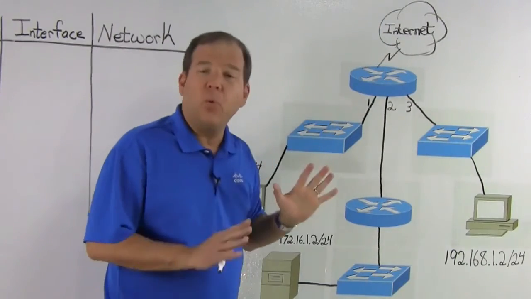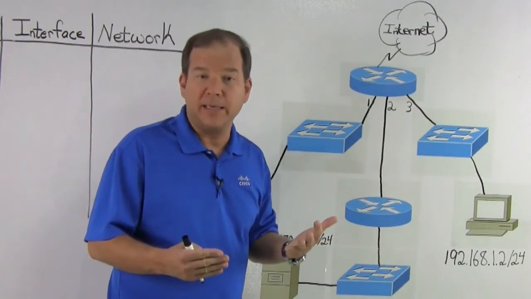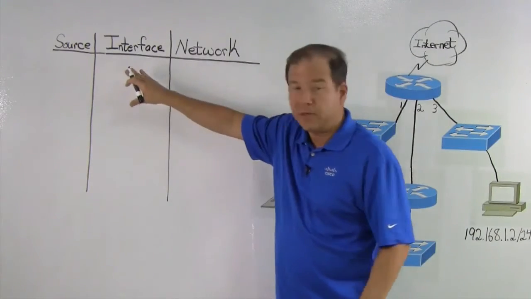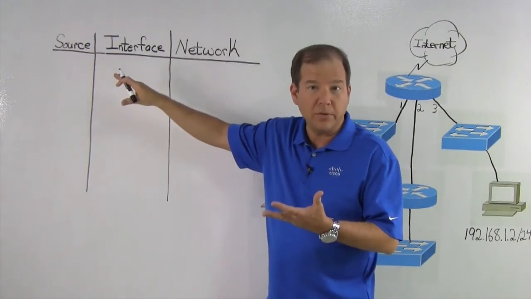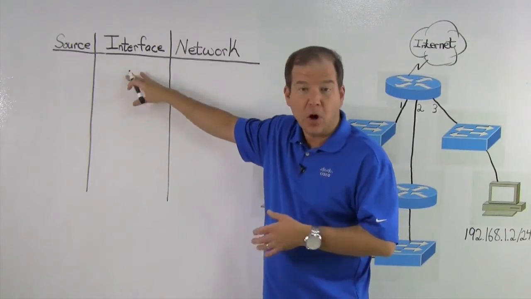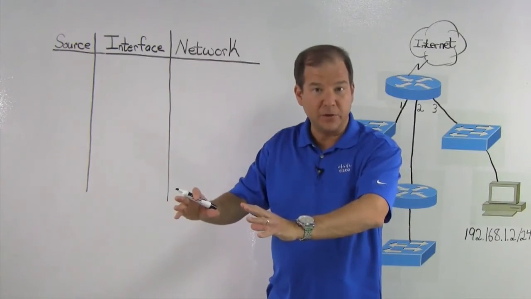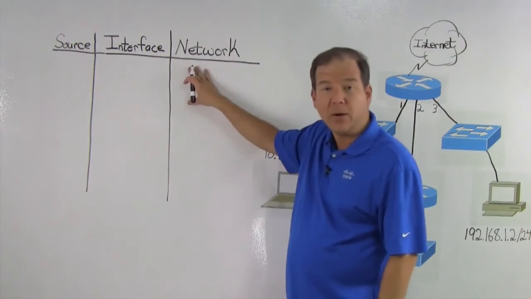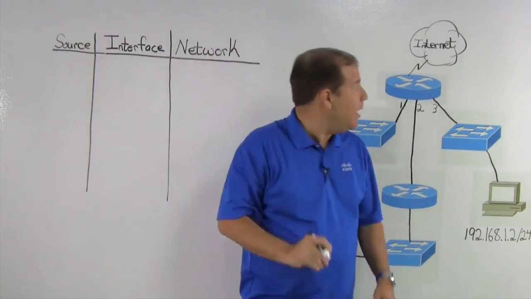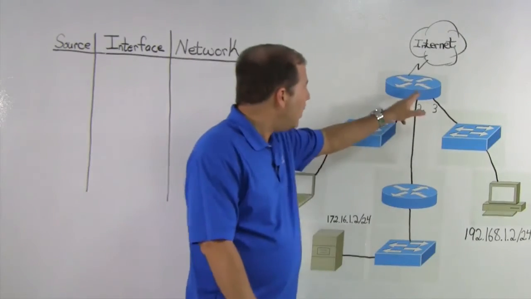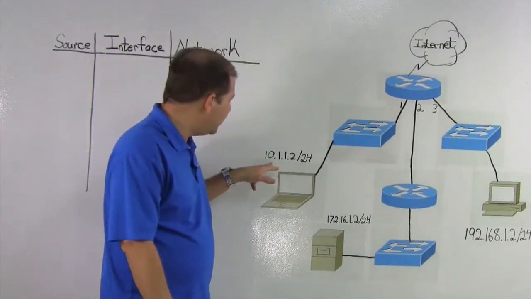Well, there are different ways that a router can populate its routing table. Here we have a basic routing table, and we're listing the source, in other words, from where did the router learn this information, the interface, off of which interface should the router send a packet to get to a destination network, and what is that network? Let's take a look at what the router knows about. First of all, it is directly connected to some of these networks. The router is directly connected to the